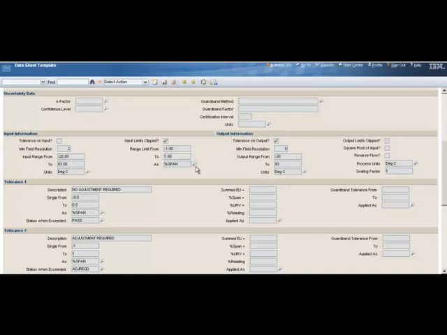It could be percent of span, or it could be engineering units, or several other values in there. Again, your documentation for that instrument will tell you what the tolerance should be. So input range, output range, process unit, scaling factor. It can be used for a number of different things. So you have the output limits clip, square root of input, which is used for a lot of flow indicators,